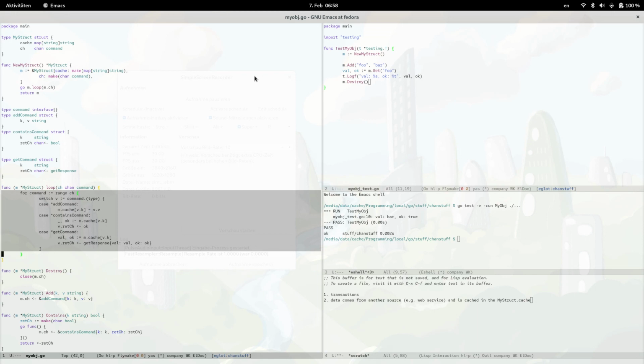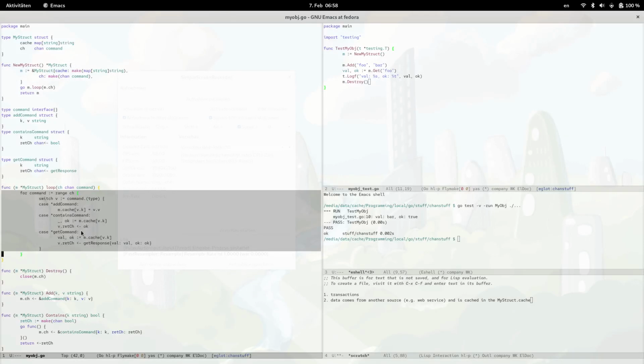However, we still have the problem that we can't actually do anything that we can call. We have these three commands defined here. We have an add command, a contains command, a get command, whatever. There's certain redundancy in these commands, of course. So another interface would probably be a good idea. So we have these three commands, but we can't actually use them to solve any